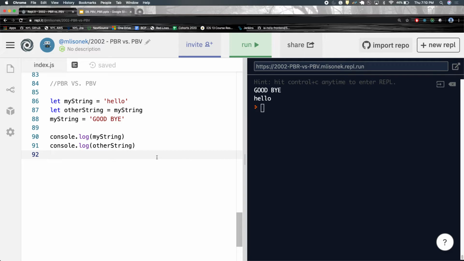Then I just copy the value, right? So that means that other string and my string don't have a relation. They're not related anymore. I just copied what was inside of there and I put it in here. So when I change my string and I reassign it to a different value, other string remains hello. Okay? So, what if I did the same thing